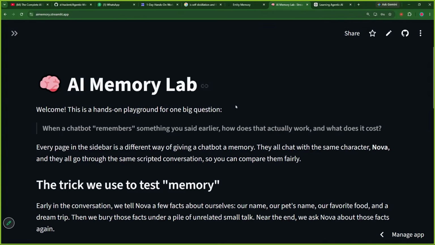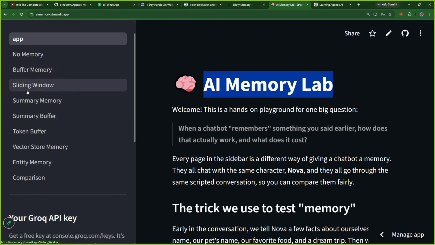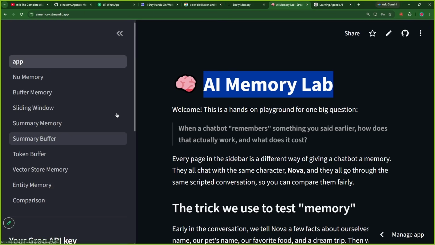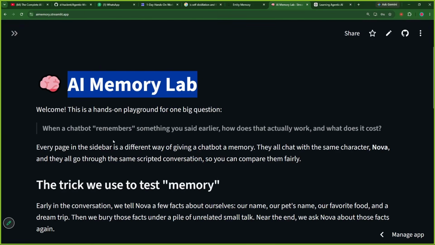Amazing, students. Now your ground is set properly. You know the base, why we need to understand agentic memory in the first place. With this understanding, let us quickly go ahead and understand the different types of basic memories. This will be provided to you. We will see different types of memory: buffer memory, sliding window memory, summary buffer, token, vector store, entity memory, and then lastly we will compare all of these memories.